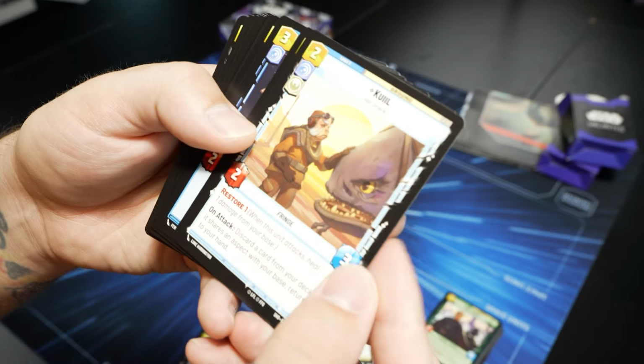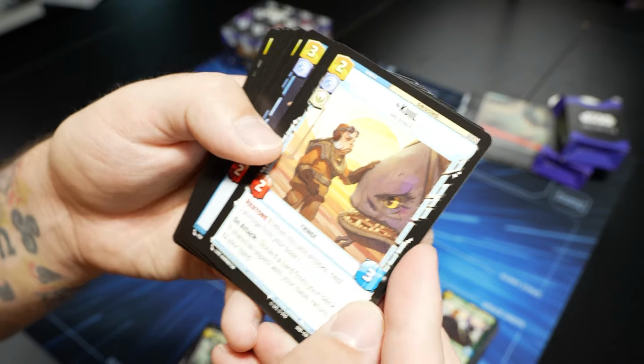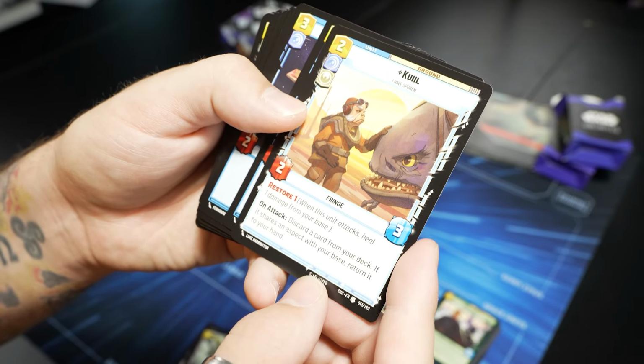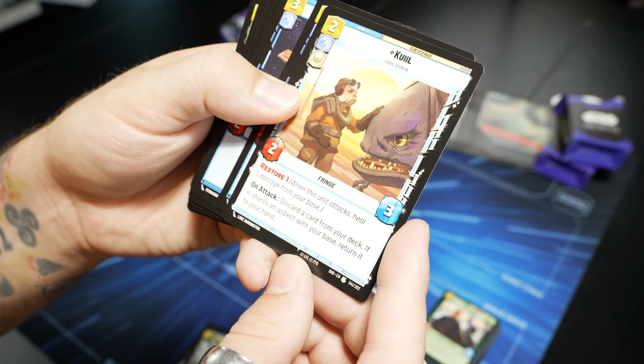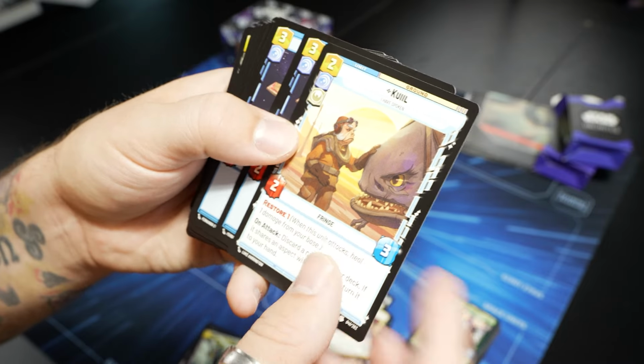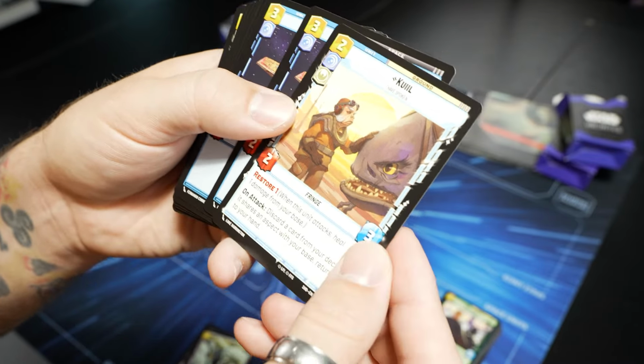So then we got Quill, I believe is how it's pronounced. He's got Restore, so he's healing you. And then you can discard a card from your deck. If it shares an aspect of your base, return it to your hand. Very cool. So if you discard a blue card, you're going to get